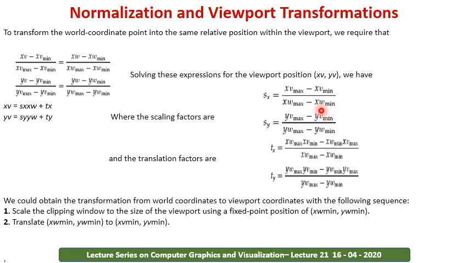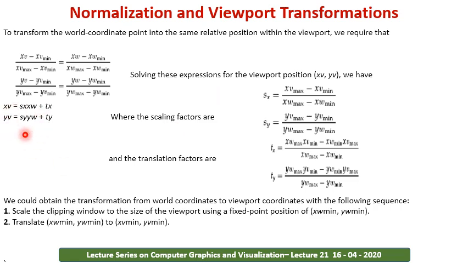The same way, the sy parameter is calculated depending upon the y-axis, and the translation factors are calculated as Tx and Ty, where Tx is calculated as (xw max * xv min - xw min * xv max) divided by (xw max - xw min). The same thing will be calculated for Ty. So once the Sx, Sy and Tx, Ty parameters are calculated depending upon our world coordinate point as well as the viewport positions,